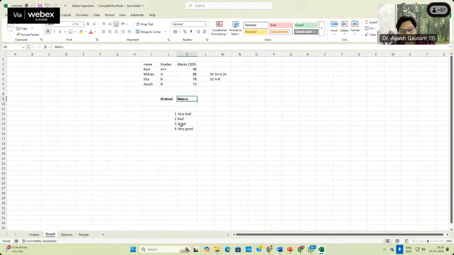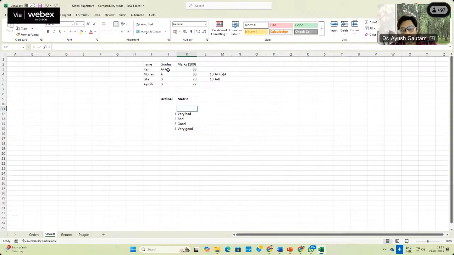But here the difference is not constant between two terms, although they are in a sequence. आप इसको एक sequence में तो decide कर सकते हैं. You can arrange these marks in a sequence like 72, 78. So these are in the decreasing sequence, and these are also in the increasing sequence. So the sequence is at both places, but the difference here is constant, but the difference here is not constant. So this tells us that grade represents the range of the marks.